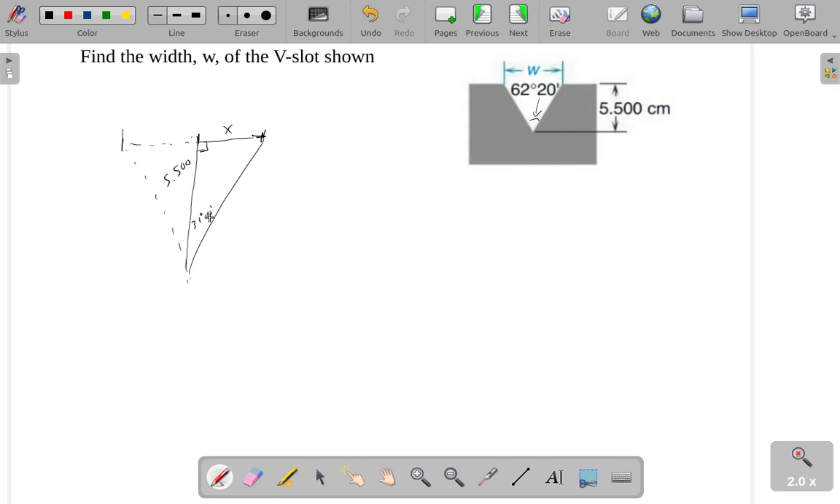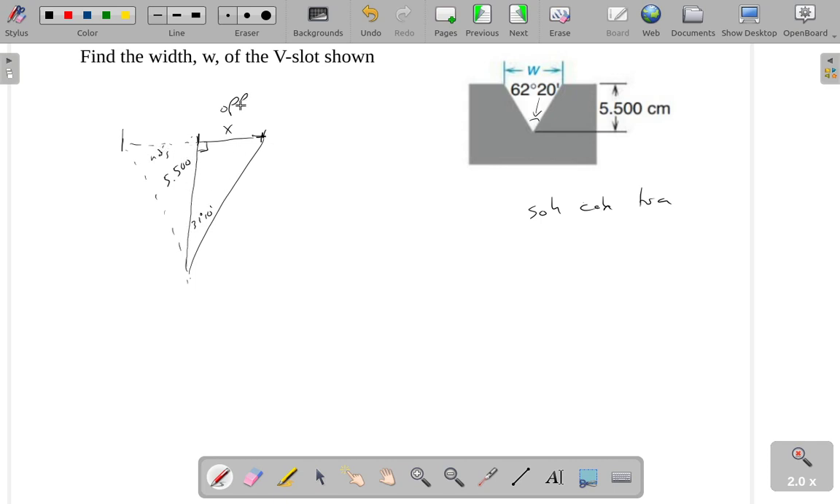Okay, so what I have here is I have one of the side lengths of this triangle. It is a right triangle, and I have one of the angles, which means I'm going to use one of the trigonometric ratios here. So let me write SOHCAHTOA. And if this is my reference angle, then this is my opposite side, and this is my adjacent side,